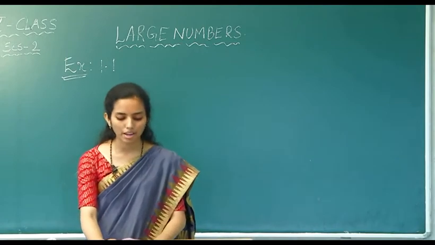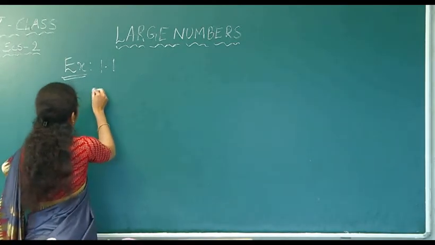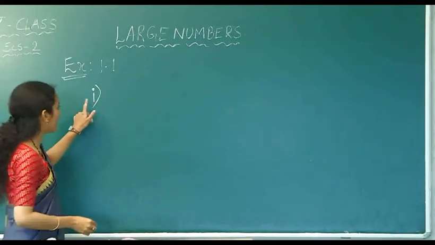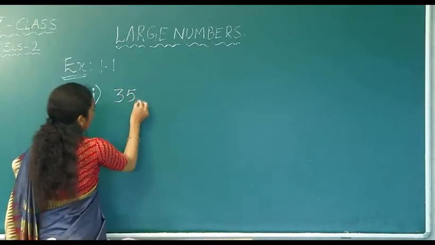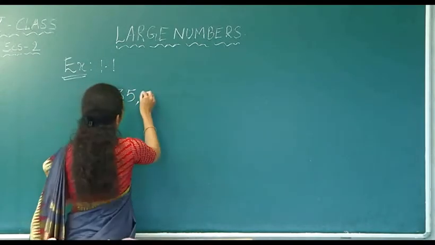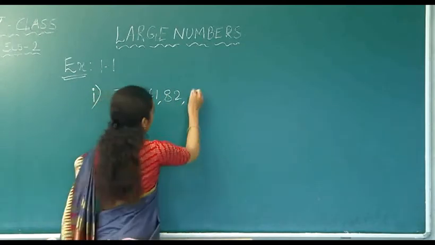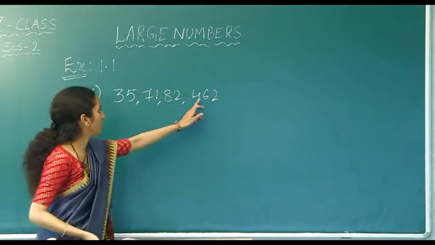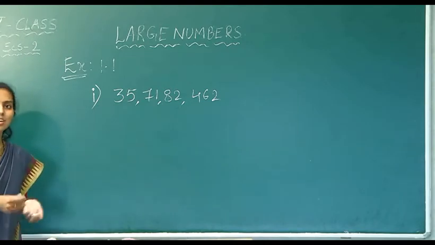In the same manner, look at the last bit. Last bit I will do for you, that is I bit. Okay, this is not 1, this is I. I bit, what is given? The number given is... so how many digits are there? 1, 2, 3, 4, 5, 6, 7, 8, 9. So 9 digit number is 10 crores.